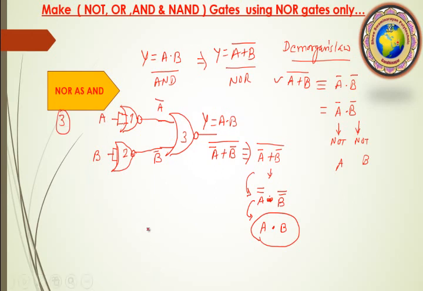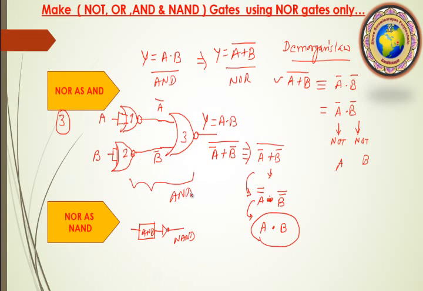Okay, this is simple. So what can I do first? I check here, convert the plus to dot by using De Morgan's law, and I check this is available, and then I put it here and simplify. This is equivalent to this particular gate. Now we know that if we add one more gate to invert, here this is our AND gate, and if we invert it, it becomes a NAND gate. So we already have an AND gate using NOR.